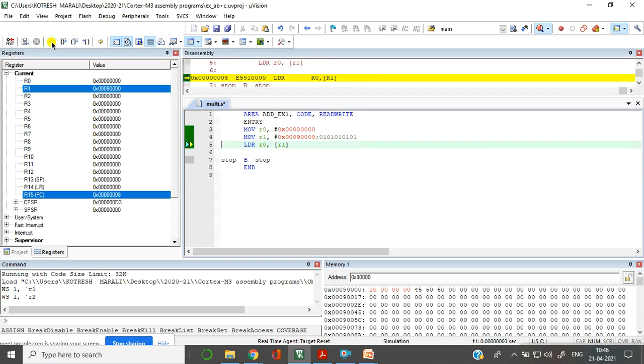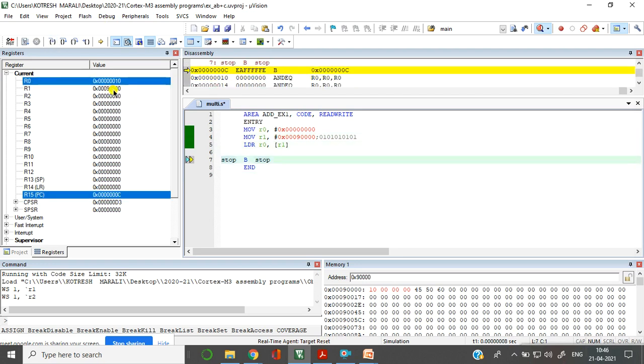So I'll just run this program. Look at this. Now the 9000 address location consists of data 10000. So the data present in the lower byte goes and sits in the lower byte itself. Hence little endian.